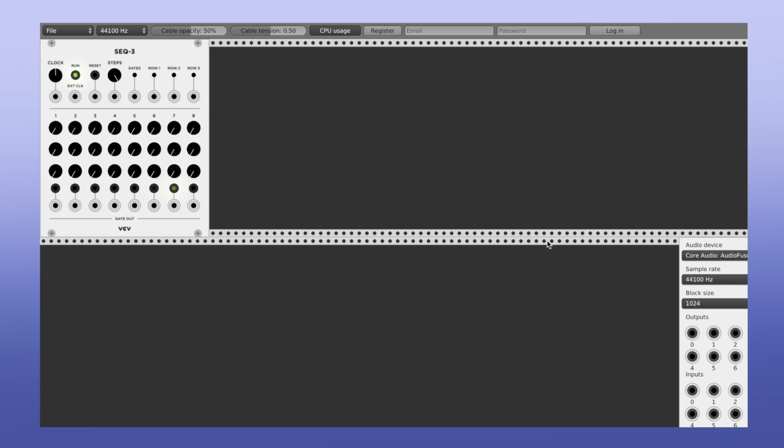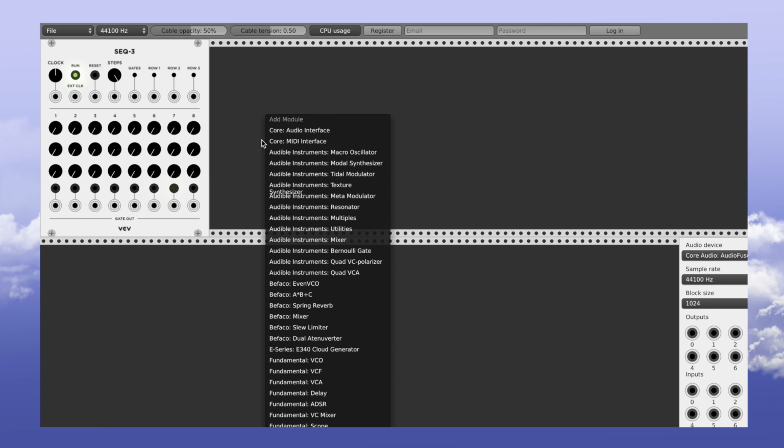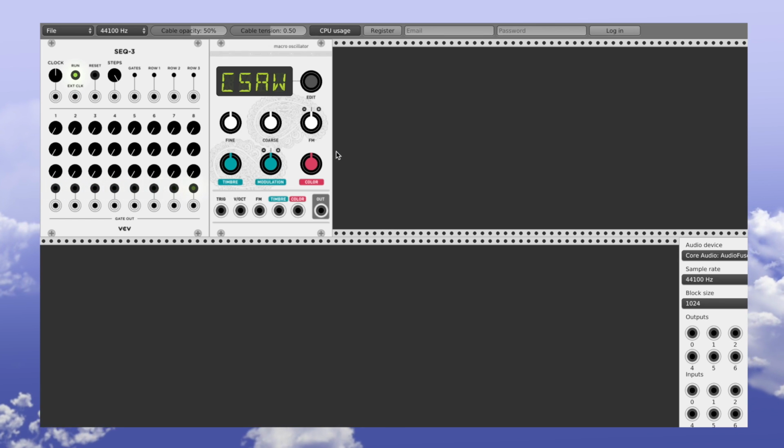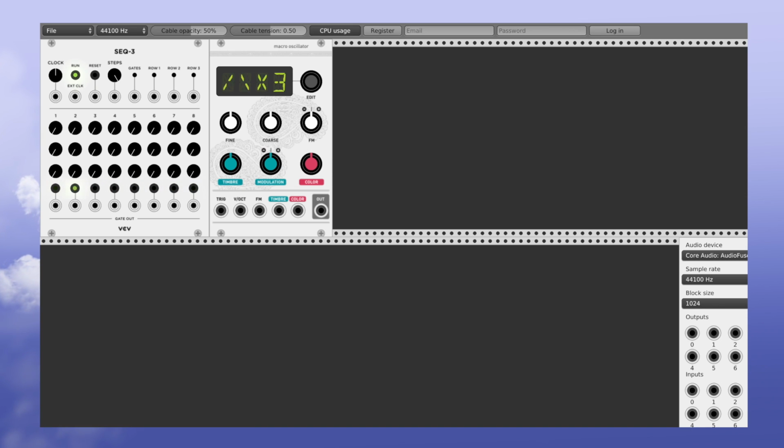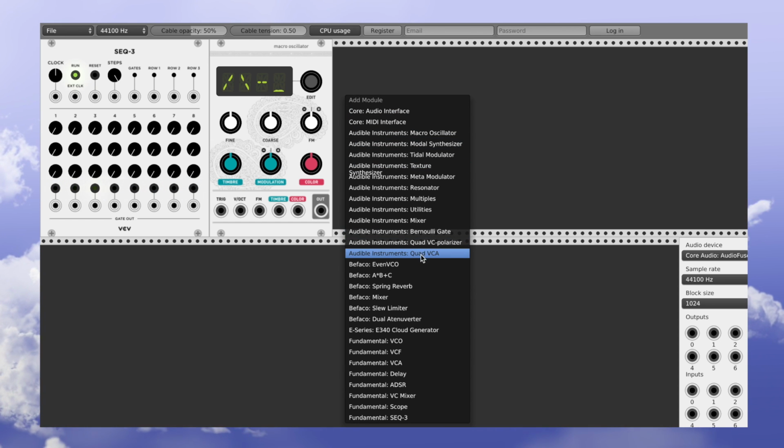So let's add an oscillator. Now there are different oscillators. For example, the Audible Instruments Macro Oscillator, this one here. You can use this little knob here and turn up and down, and you see there's a lot of different wave types. This is a kind of a copy of a digital real eurorack module. And we also have, let's see here,